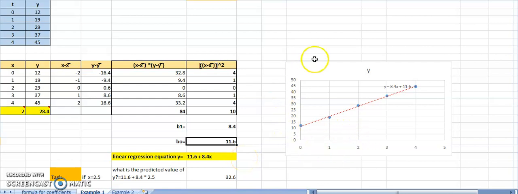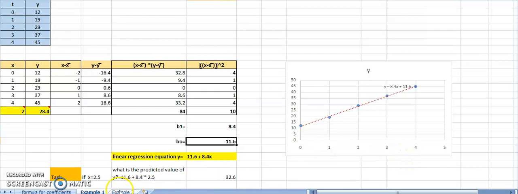Okay, and that's the simplest plot that we have given here. On the x-axis we have plotted x, on the y-axis we have plotted y. We have plotted all the data points here. There are 5 data points with us. Then we have written the equation of the line that we have just derived. So that's pretty simple to calculate a simple linear regression equation. You could solve this in your notebooks also. I have just used Excel for my comfort, since I can solve it easily using Excel, so I have used Excel for the presentation part.